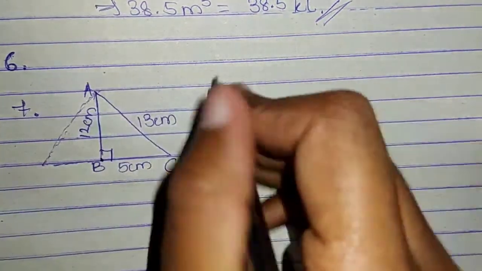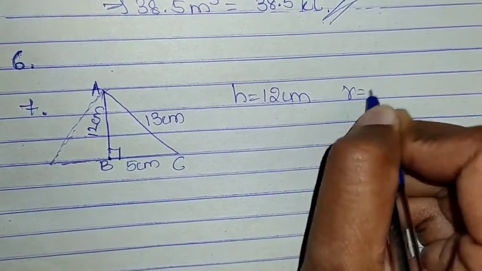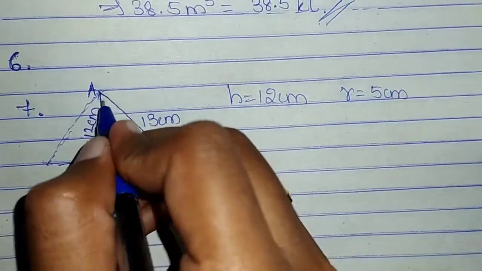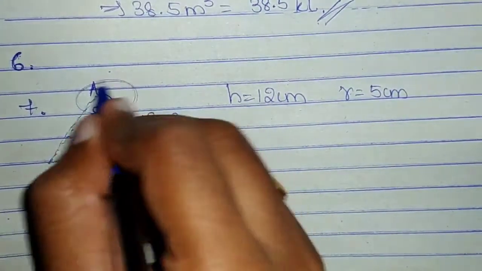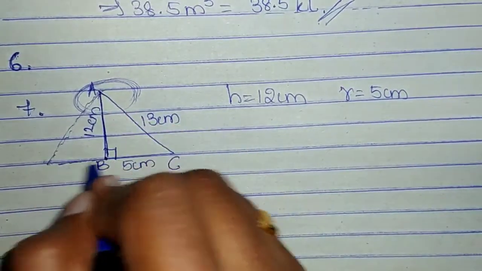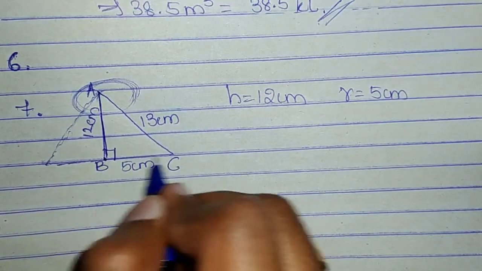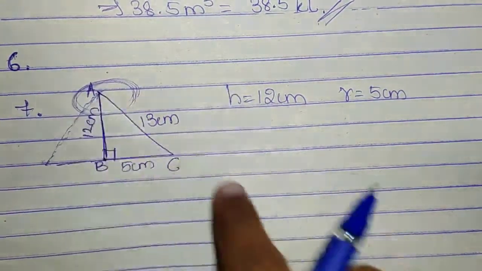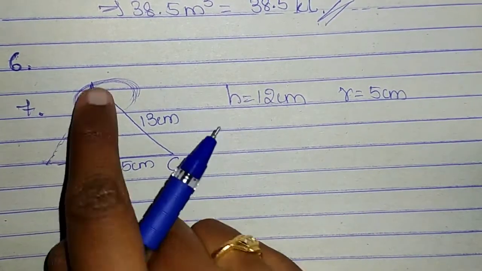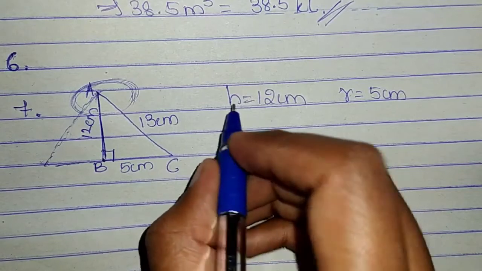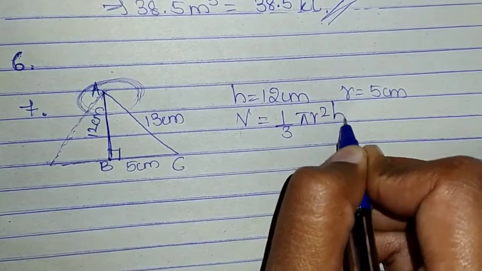Since it is a cone with height 12 centimeter and radius 5 centimeter, as you can see, you are revolving the triangle along this side. It is being revolved like this. So when it is revolved, you get a right circular cone whose height is 12 centimeter and whose radius of the base is 5 centimeter, and the slant height of that cone is 13 centimeters. Since you are talking about volume, we will only use height and radius of the cone. So we know that V is equal to 1 by 3 pi r square h.